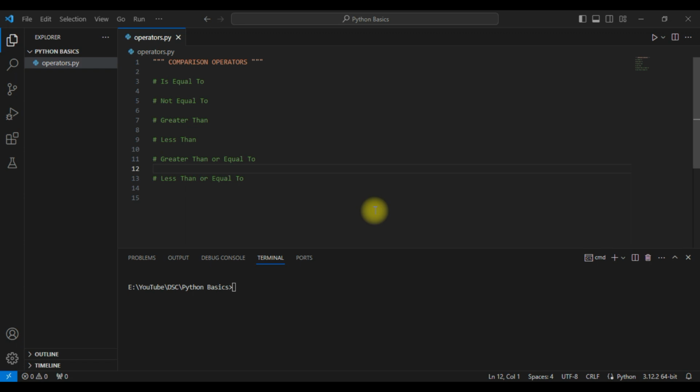So we are still on operators. Previously we talked about the assignment operators. Now we are going to talk about the comparison operators. Definitely these are things that you already understand. It's just that we are doing it in a